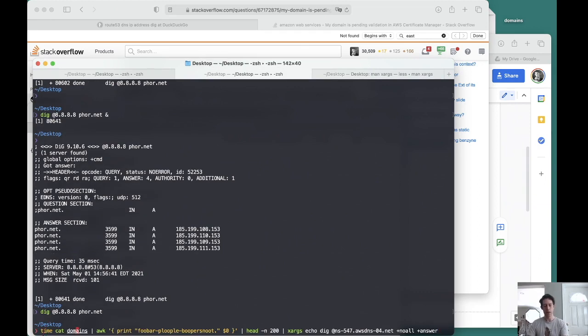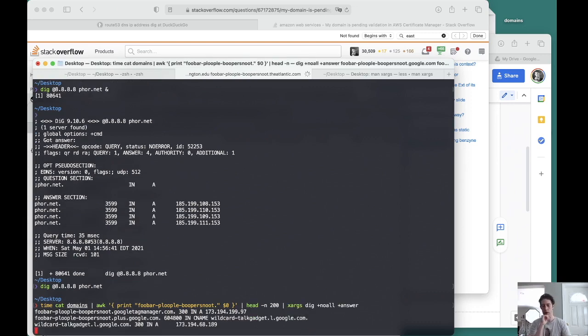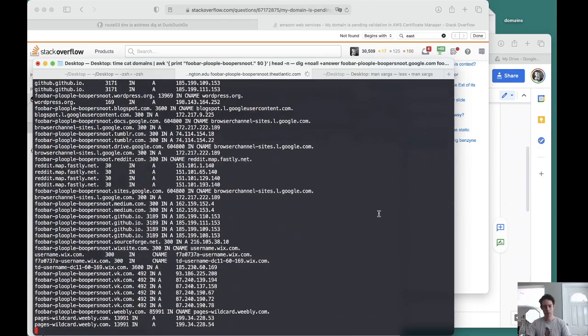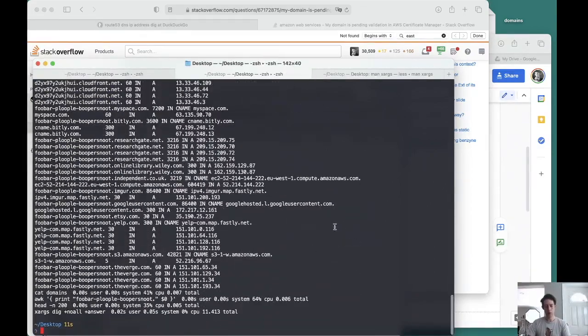All right, so we've got domains, we've got xargs, we've got dig, we've got 8.8.8.8, hack the planet, and then only the answer section. And so we will pass in here into xargs before the dig command. So you have to do this, or you should do that. And it will use P. So we got 12 seconds last time. Let's just double check that. 12, okay. So now let's try this with P5.